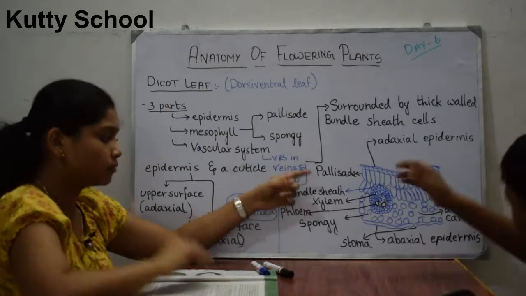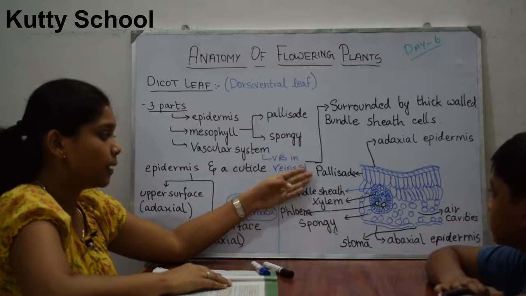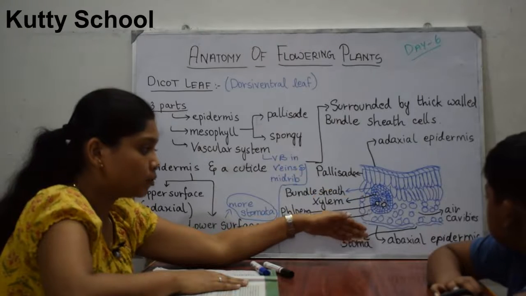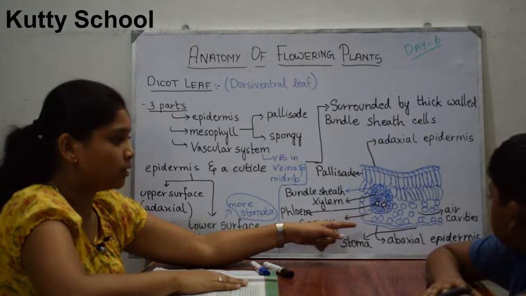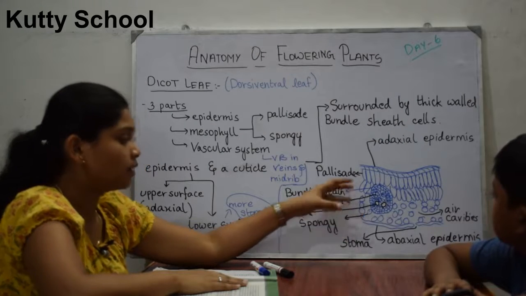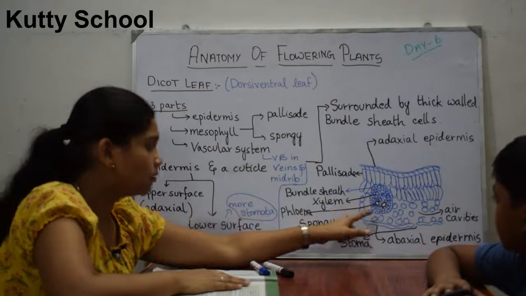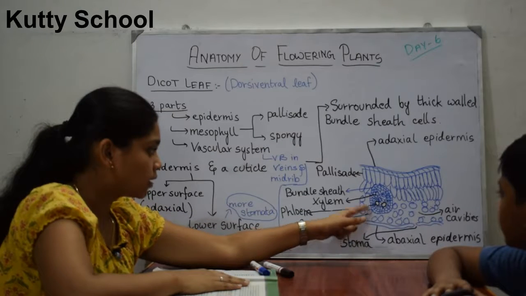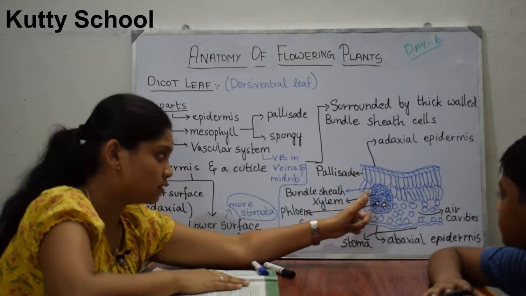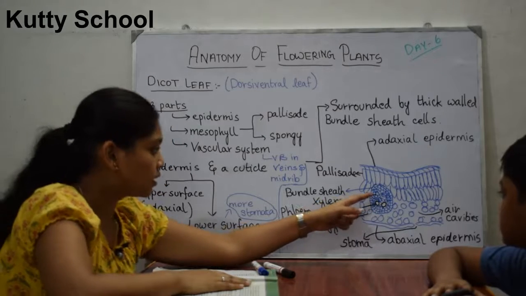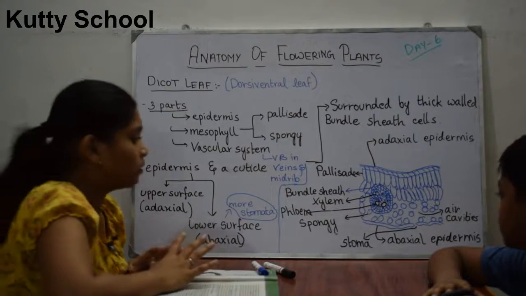Near the top there is only mesophyll located all together. The spongy parenchyma will be located towards the abaxial epidermis, that is downwards, and it will have many intercellular spaces in between them. So these are palisade and these are spongy. And this is the vascular bundle, which is surrounded by bundle sheath cells. It is a layer of cells, and this vascular bundle contains xylem and phloem.